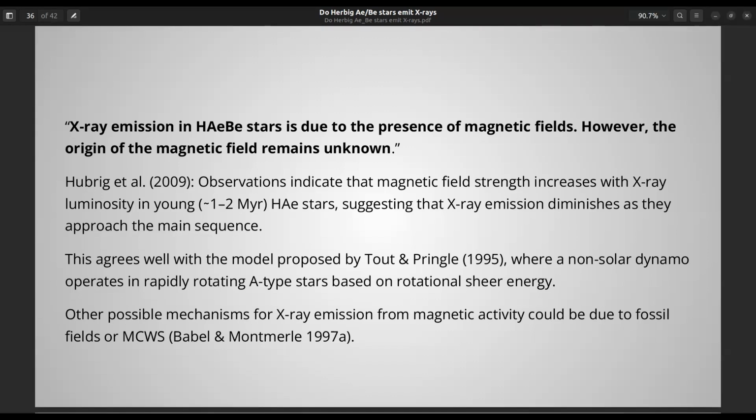Okay, my question basically is, why did you put "or" in the last sentence here? Because these studies were performed, I mean, the sample of these stars was very small. So we still don't know if we are really observing this pattern in these stars, or if the magnetic field is not